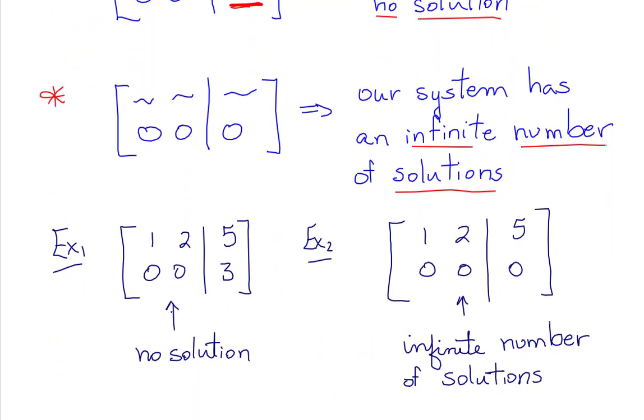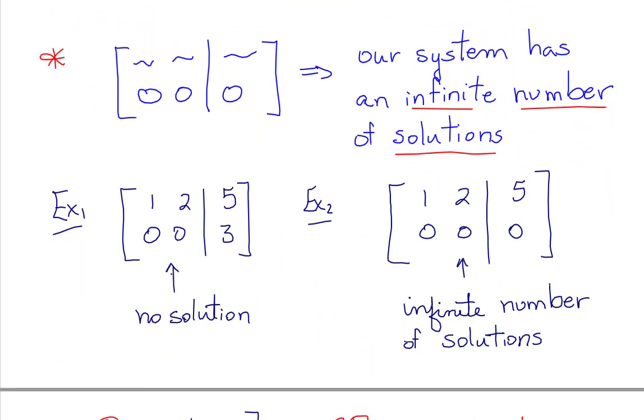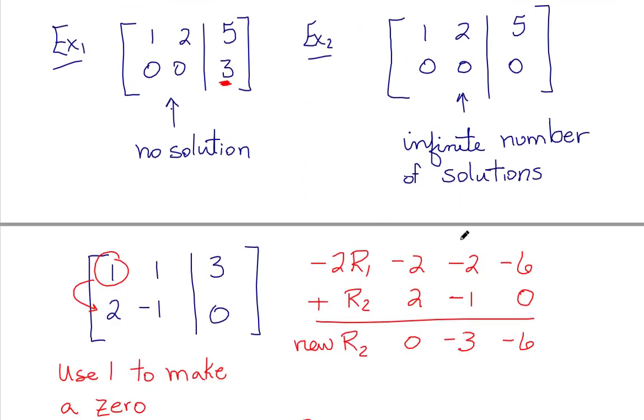Now, what would that look like? Well, I might get something that looks like 1, 2, 5, and then 0, 0, 3. So that's the case where I have something not 0, but zeros all on the left. That would be no solution. And if we get all zeros all the way across, then that means we have an infinite number of solutions. All right, let's go back to